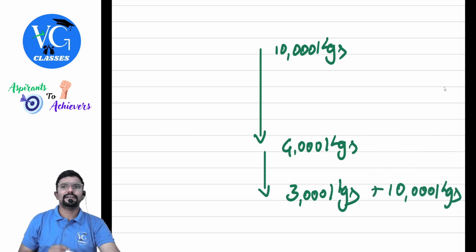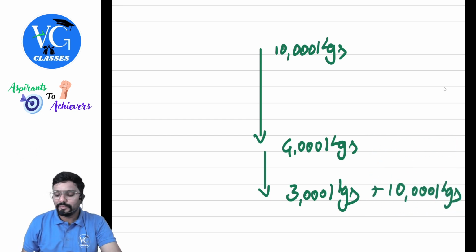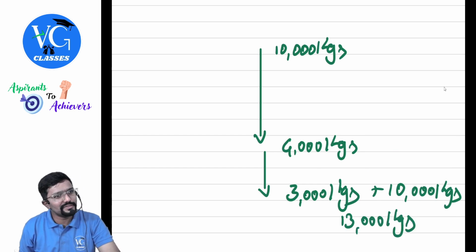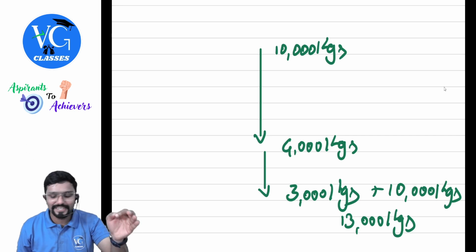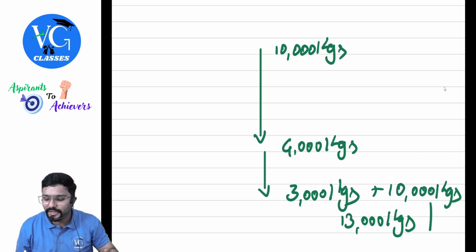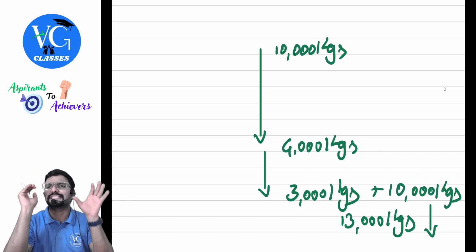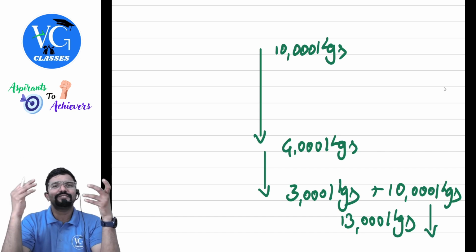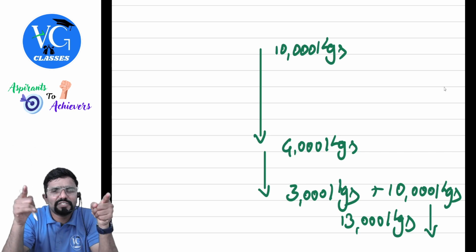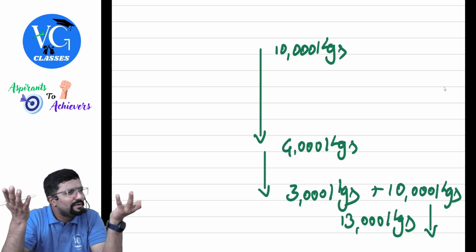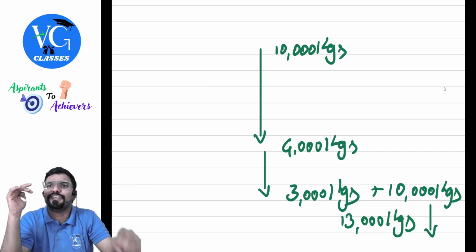Here I have to add, correct. So after that, what will be my inventory? 13,000 kgs. Will it be 13,000 kgs only now? No. As and when I use, it will keep on going down, guys. Clear? So if I ask you what is the exact quantity of inventory with you, I may not be able to tell exactly. Sir, it will keep on fluctuating.